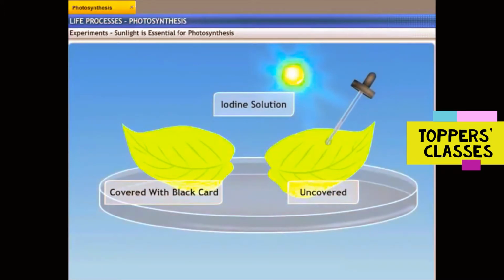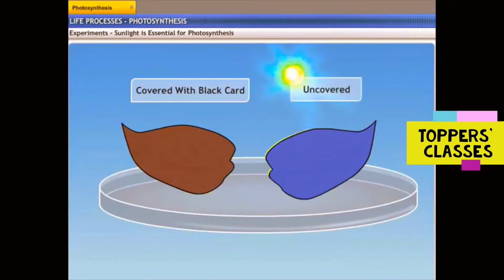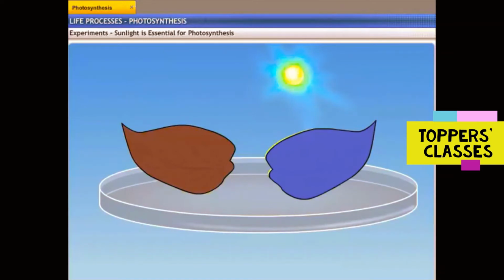Place the leaves in a dish and pour iodine solution over them. You will find that the leaf which had been covered with the black card becomes brown. The uncovered leaf becomes blue-black, indicating the presence of starch. Since the leaf of the plant that was exposed to sunlight turned blue-black, you can conclude that light is essential